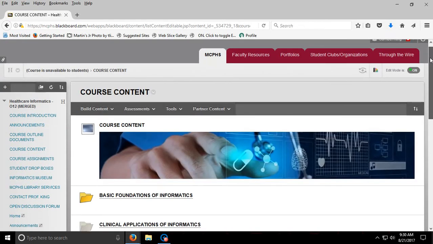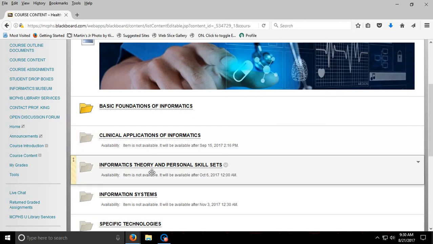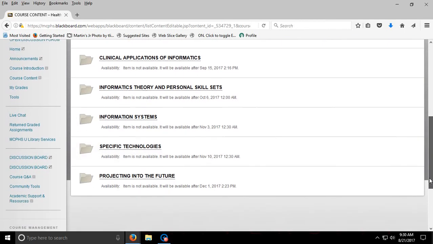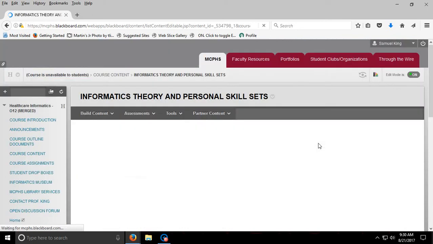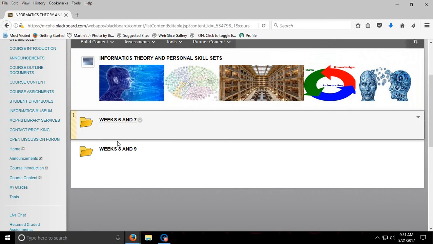The different sections of the content include the basic foundations of informatics, which is available now, clinical applications of informatics, informatics theory and personal skill sets, information systems, specific technologies, and projecting technologies into the future. Now, you will notice that some of these areas have folders for different weeks, and these folders will become available individually as the weeks approach. So you will get access to weeks 6 and 7 before weeks 8 and 9, so you need to